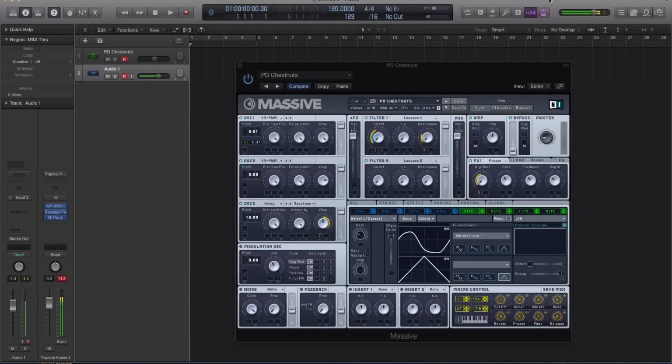The modulation oscillator in Massive is, in my opinion, one of the most important parts of this whole left-hand side of the synth, the oscillator section, the tone generation section. We have your three oscillators, your modulation oscillator, and your noise oscillator. And I think it's so important because you can really do some cool things to your sounds here. I know it's typified as the place where you go to make the big FM basses, and that's totally true. But the ring mod allows you to make some subtle changes to your sounds